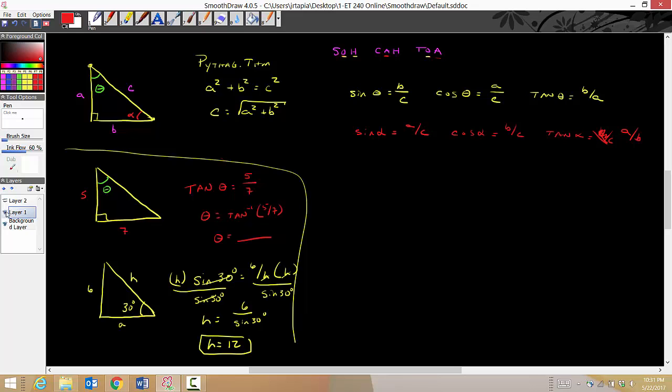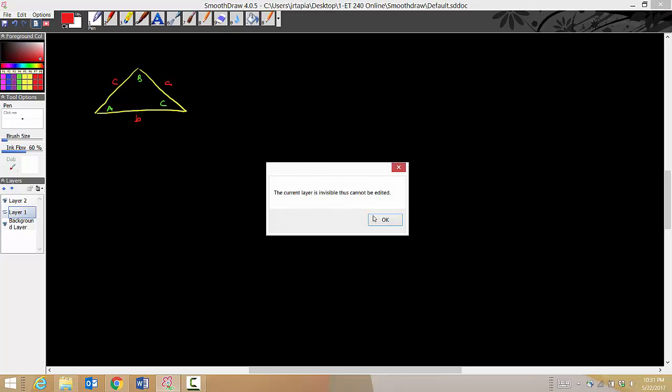Now, if we wanted to look at a triangle that's not a right triangle, we could use the law of cosines and the law of sines. So those two equations, so the law of cosines, if you were to be looking at the side